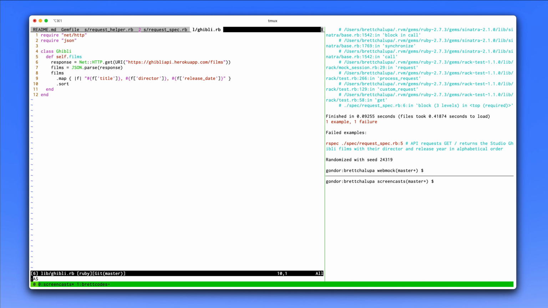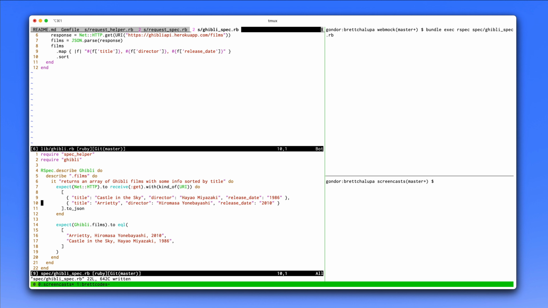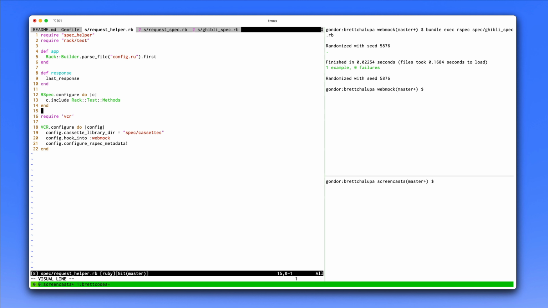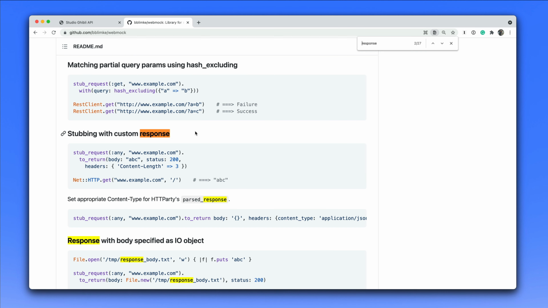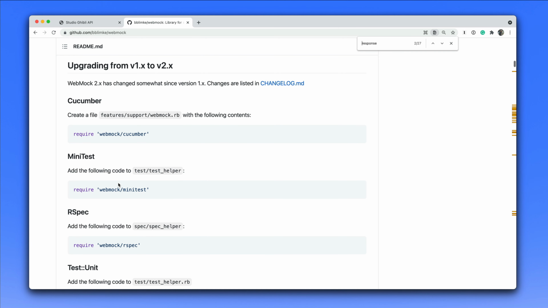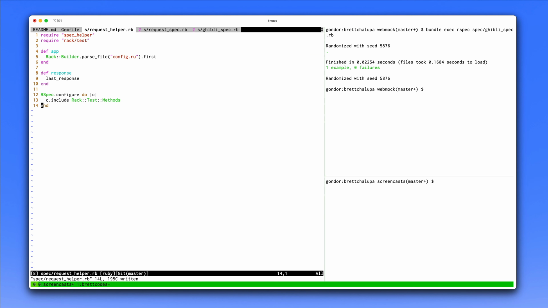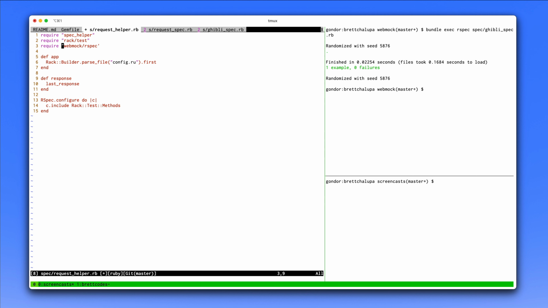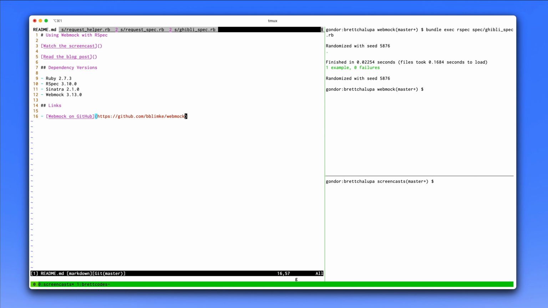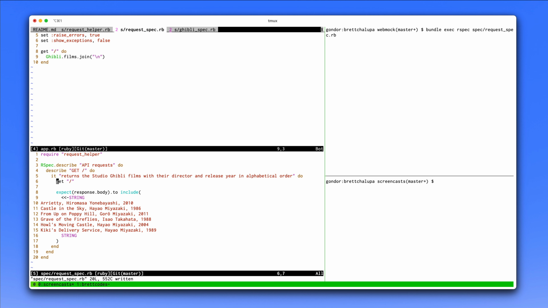This stays the same. Also for this Ghibli class, we have a unit test that mocks the HTTP GET and returns some data, just a subset of the data, which is all fine. But we're getting rid of VCR, and then we might just have to do one little bit of config for Webmock. I think we have to require Webmock RSpec. So in our request helper, we'll require Webmock RSpec. And that gives us some RSpec syntaxiness with Webmock. That's quite nice. So now if we go back and we run this test,